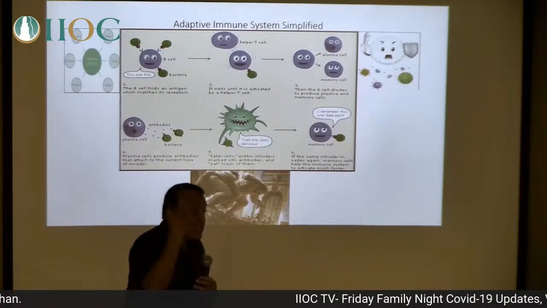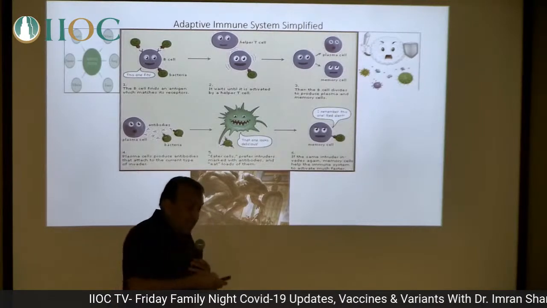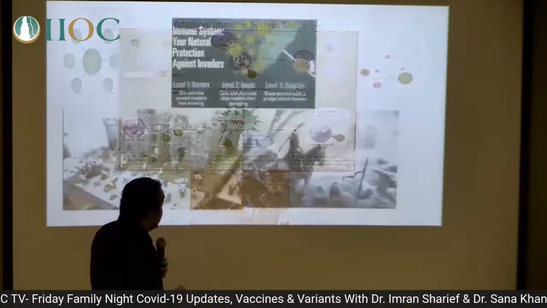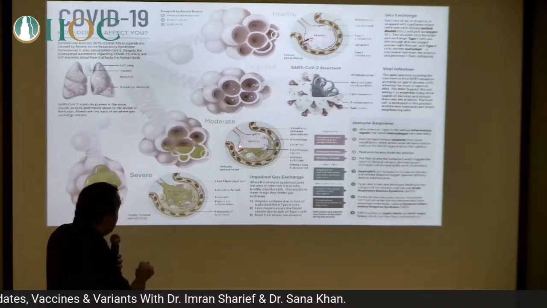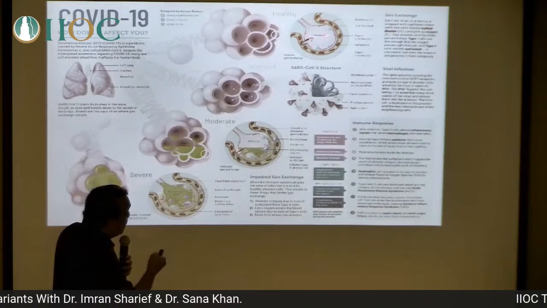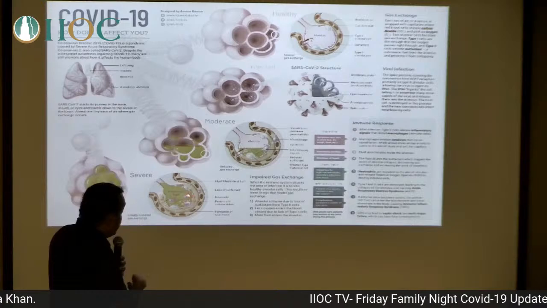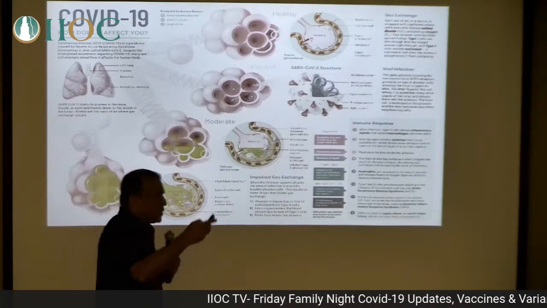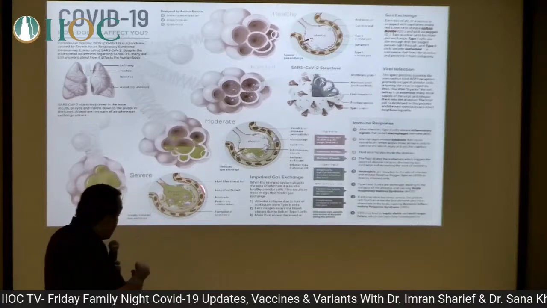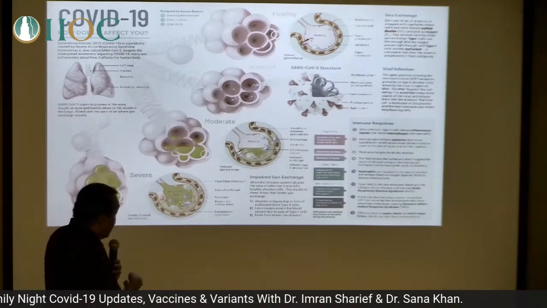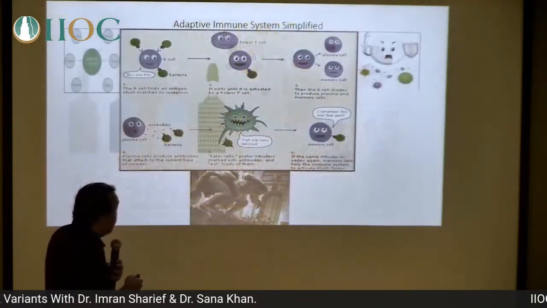It's an early recognition of the invaders, because our body needs time to fight. And if our body can identify earlier and knock it out, fantastic, right? Because we can knock it out. If it takes 2, 3, 4 days to recognize and identify and multiply the defense cells, the invaders may have already gone all the way out here and overwhelmed the defense system. So that's what's really happening.